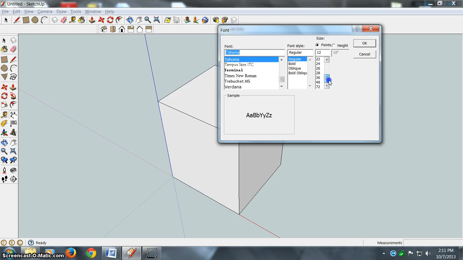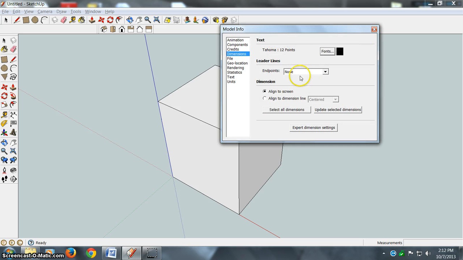You can go from 8 to 72 font. I typically leave it on 12, and you can also change the font style here and also the font type. So say OK there. Regarding the endpoints of your dimension lines, you've got 5 options: none, slash, dot, closed arrow,